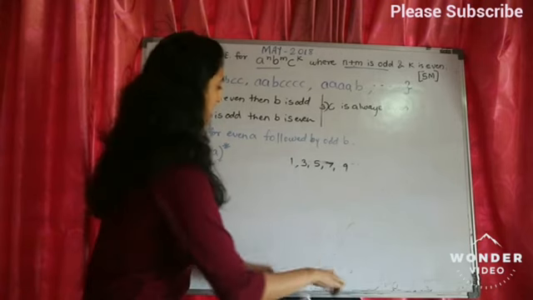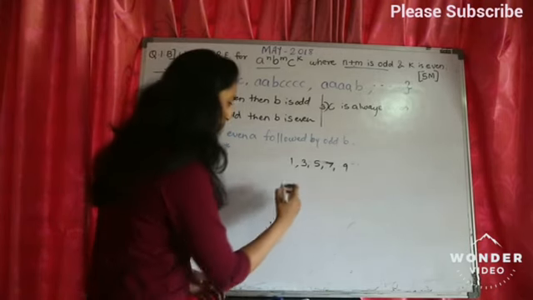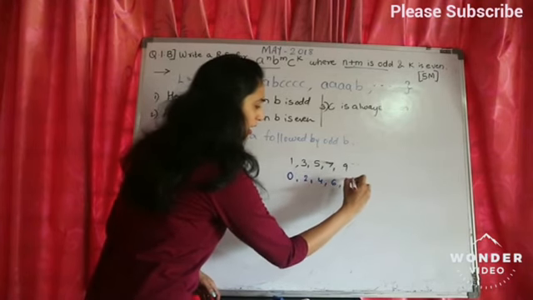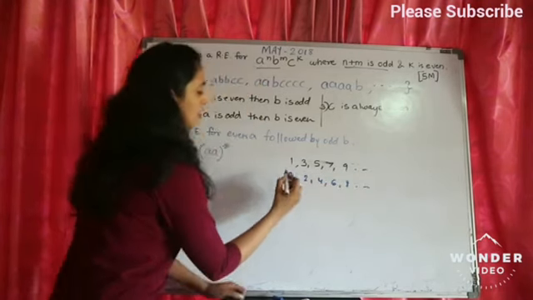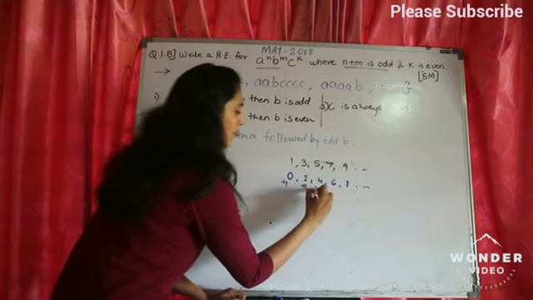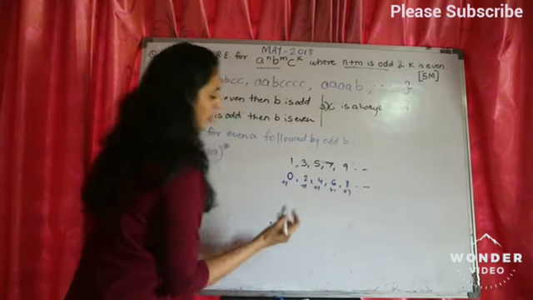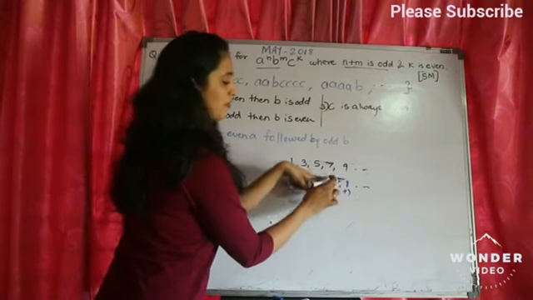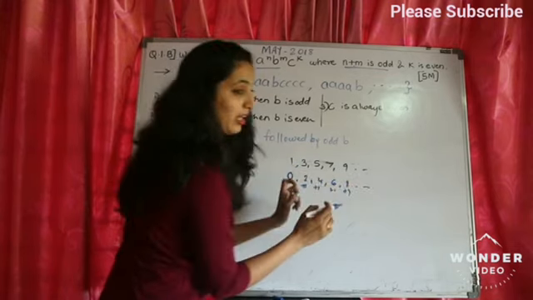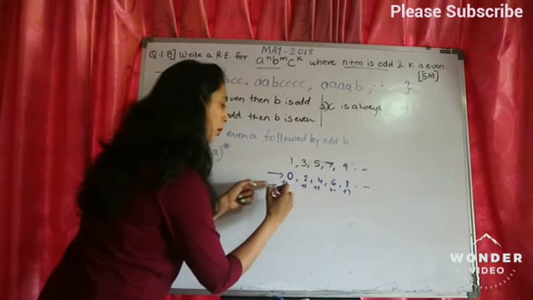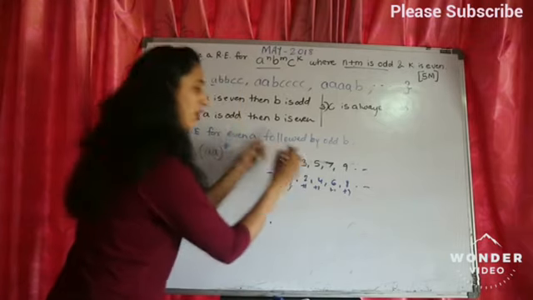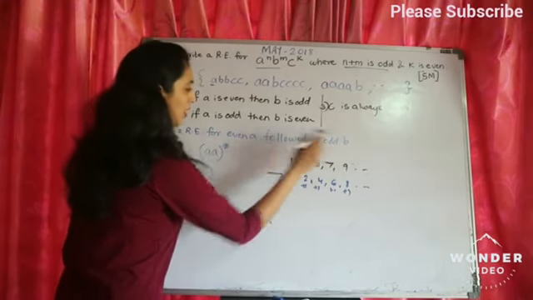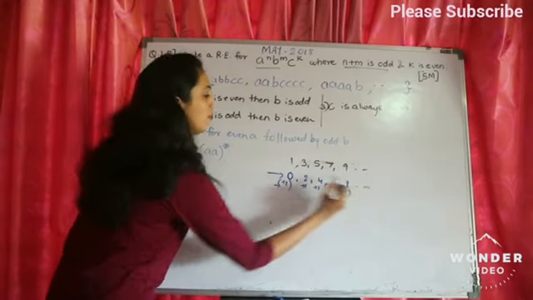Can I say it is like, what do we have for even numbers? 0, 2, 4, 6, 8 and so on. So, plus 1, plus 1, plus 1, plus 1, plus 1. 0 plus 1, 1. 2 plus 1, 3. 4 plus 1, 5. 6 plus 1, 7. 8 plus 1, 9. So, even number of string plus 1 symbol will always give me an odd number of string. So, for B, I will first of all write even number of B.